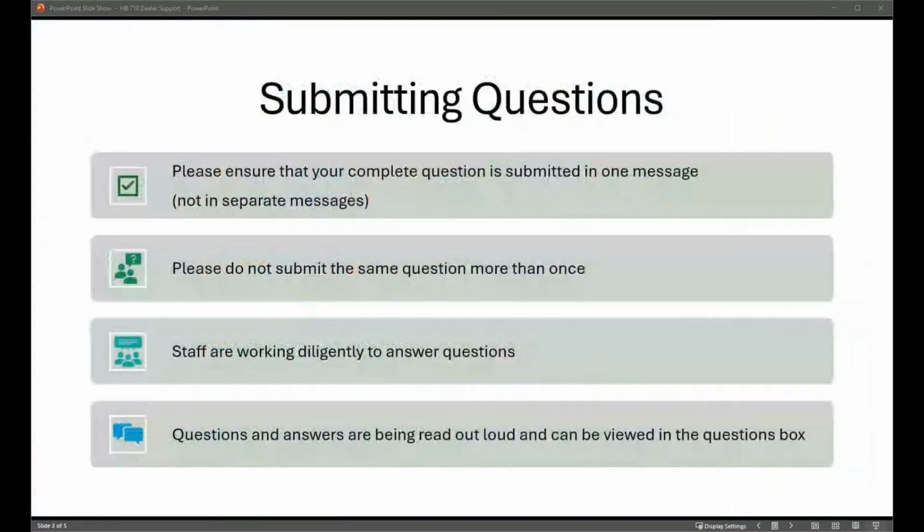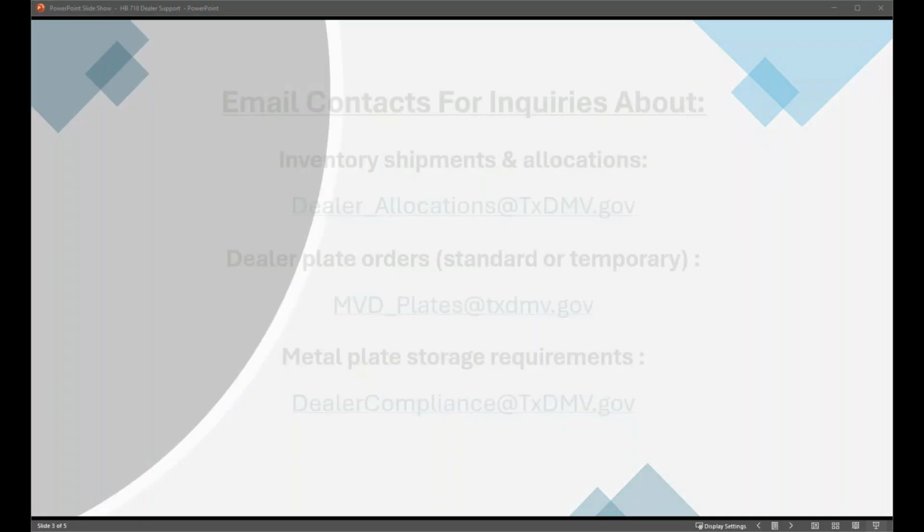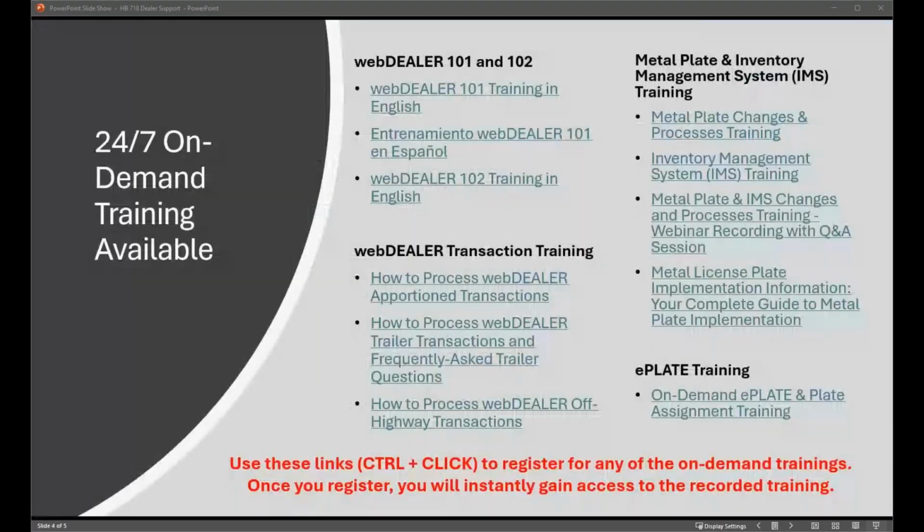You can also transfer inventory. So if you are on the ePlate side under a certain dealer ID, but your inventory is attached to a different dealer ID, you may need to transfer that inventory to that other dealer ID. And you can do so in IMS, and that handout will help provide you with guidance on that process. And then we do also have the Web Dealer Addendum that will provide information about the BTN process, how to go through those screens for the BTN, ePlate assignments, dealer assignments, and things of that nature. So those handouts are available to download for your reference.